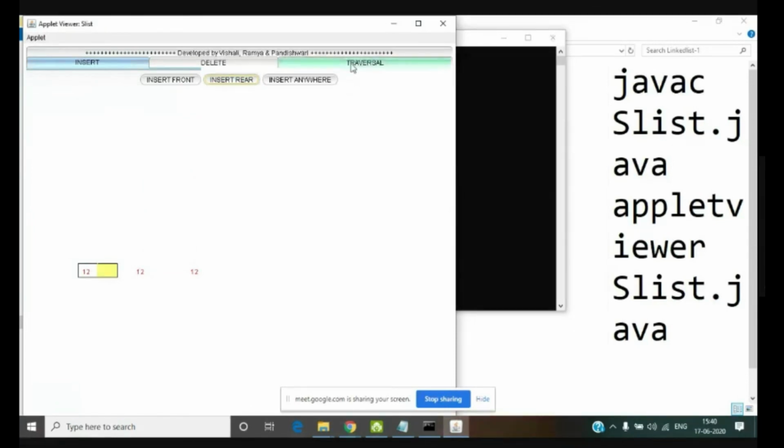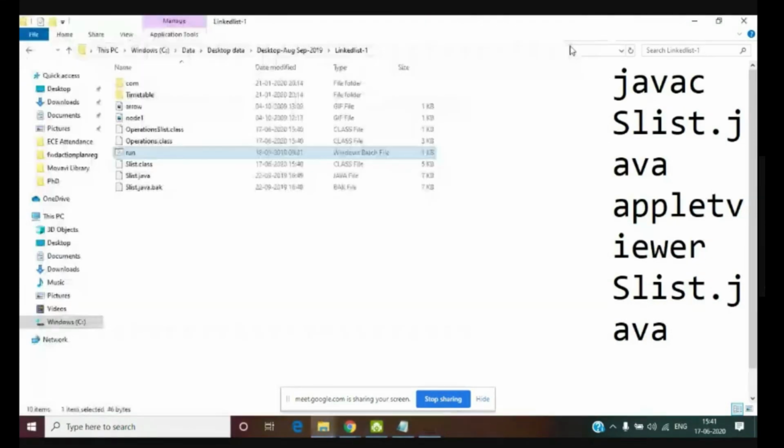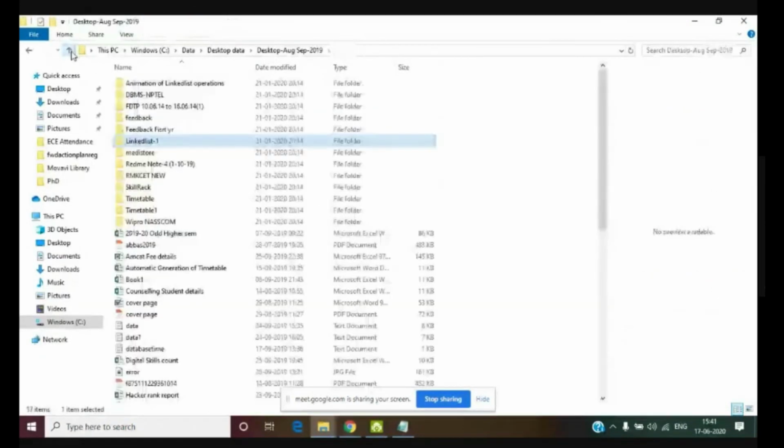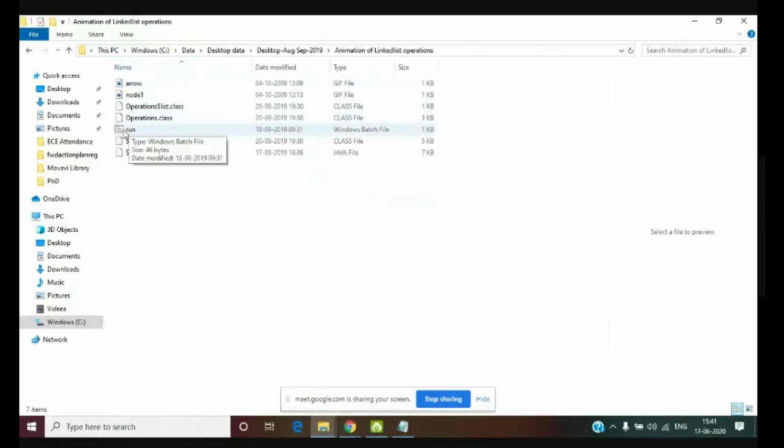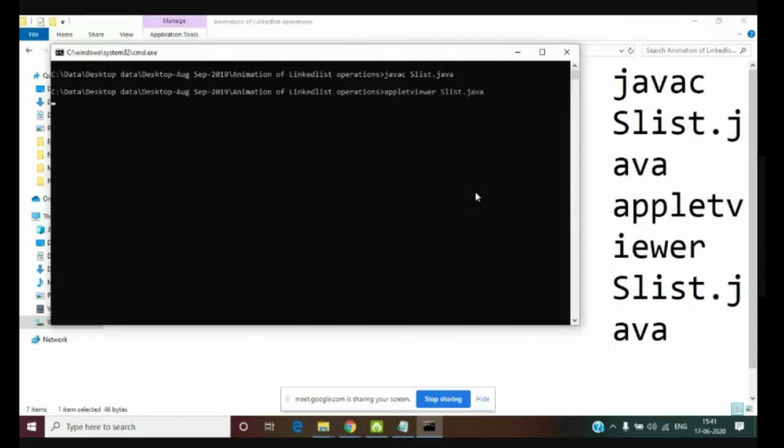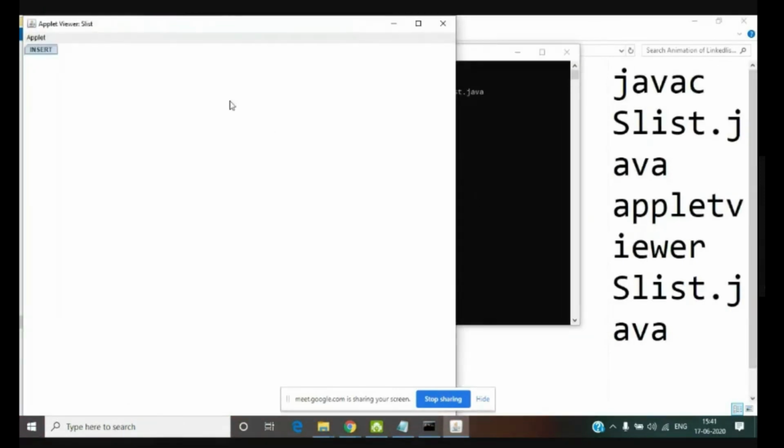When I click traversal, it's not working. I think another updated one is there. I'll find out.